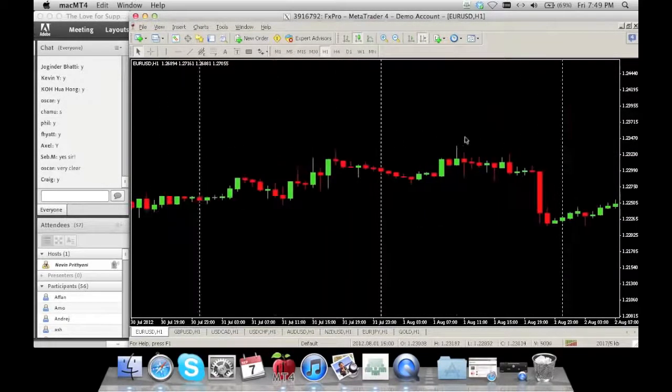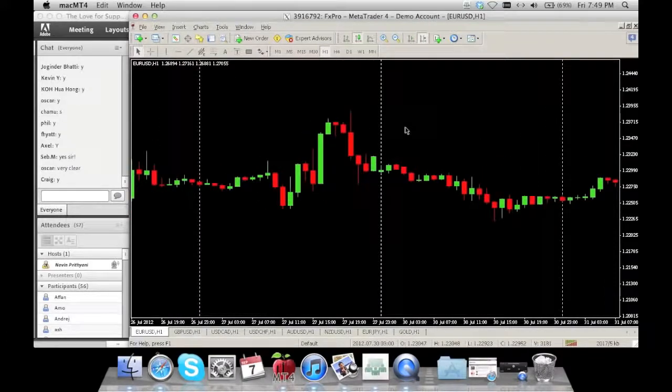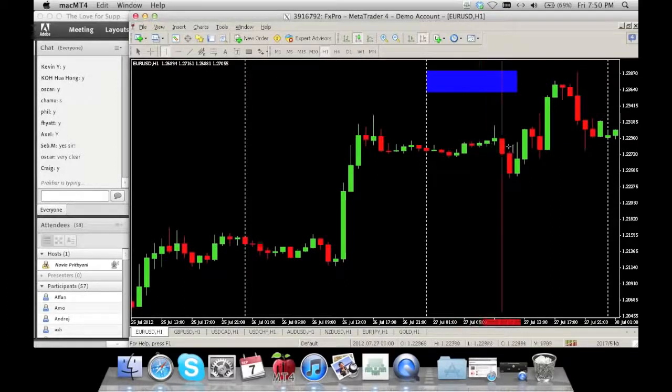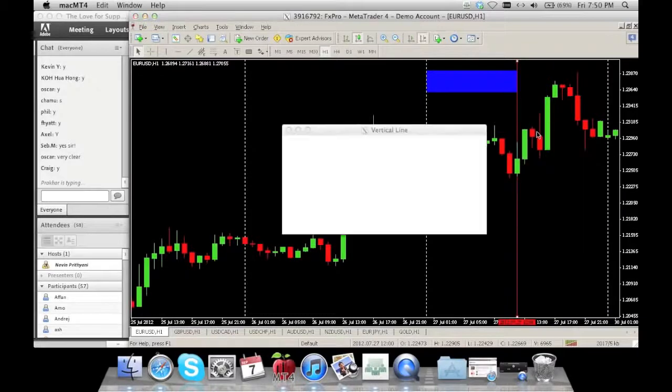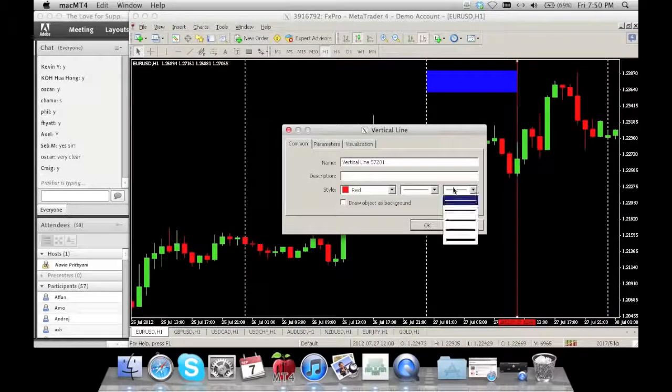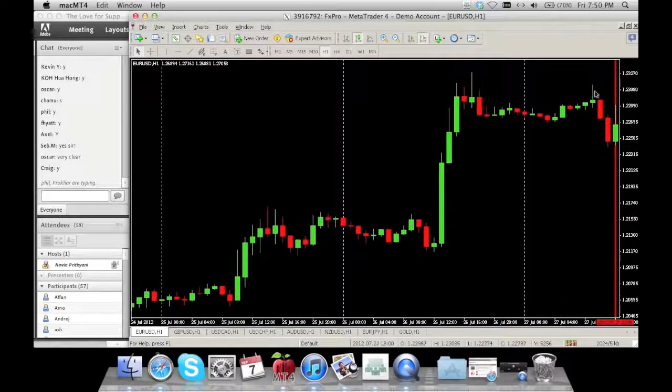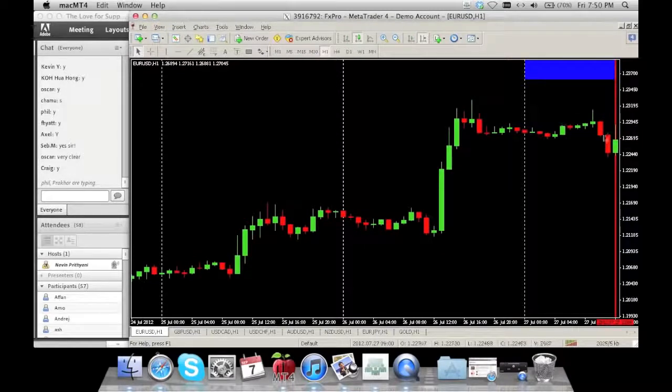How else can you draw support and resistance? Okay, let's say this is the current day. This is as far as we see the market so far. Okay, this is as far as we've reached. Let me go into here. The current day, and this is as far as we've reached. We haven't seen anything past this.